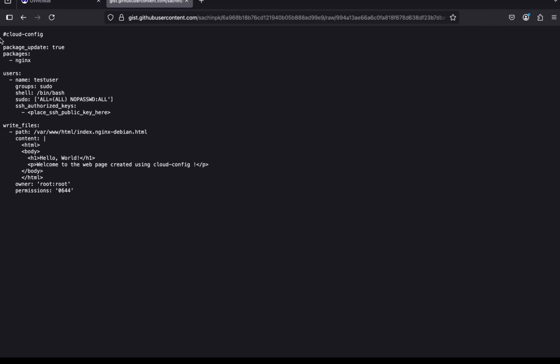We start with the Cloud Config header, which tells the system that this file is a Cloud Init configuration. First, package_update: true ensures that the server updates its package list on first boot. Then, under packages, we're installing the Nginx web server. Next, we define a new user called testuser. This user is added to the sudo group, uses the bash shell, and is allowed to run sudo commands without